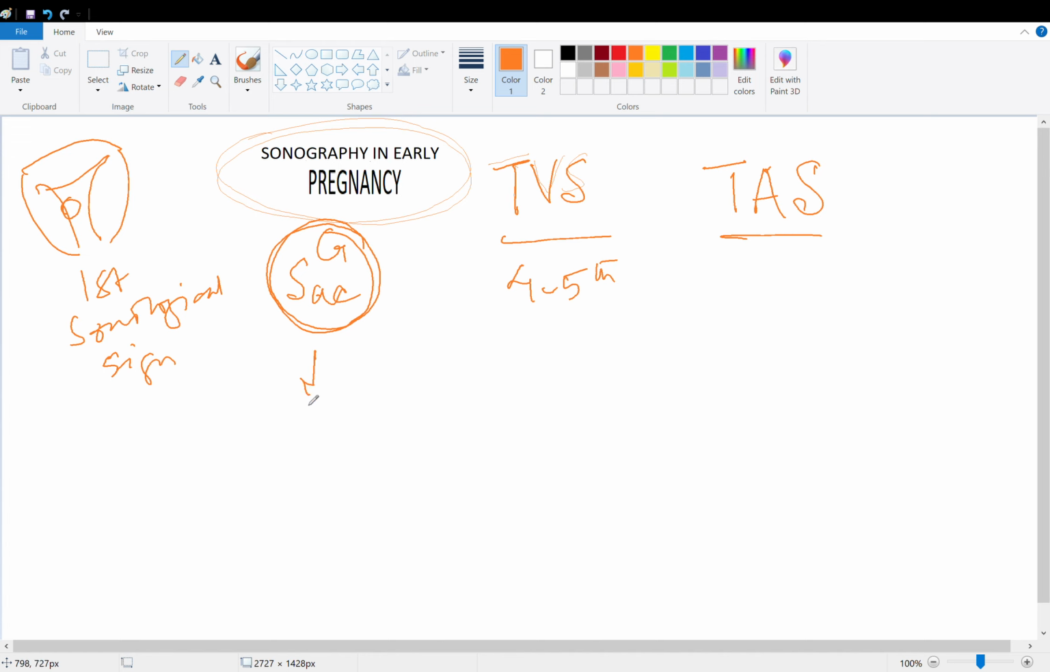And after a few days, like mid of fifth week, within this gestational sac appears a brightly echogenic ring with an anechoic center, which is the yolk sac, which is kind of confirmatory of an intrauterine